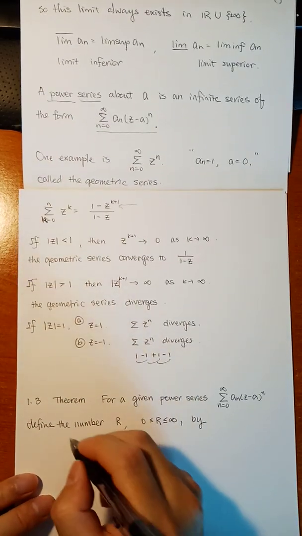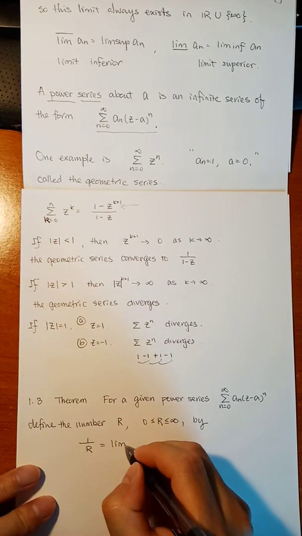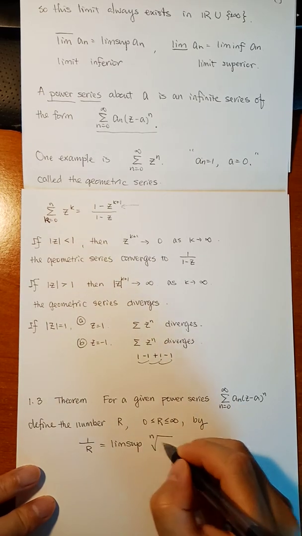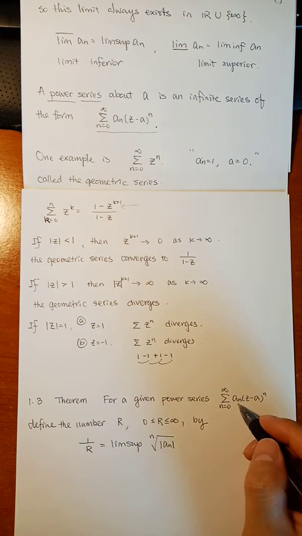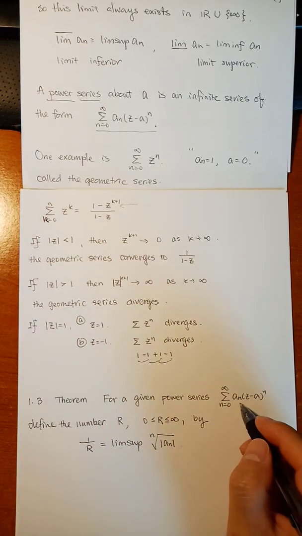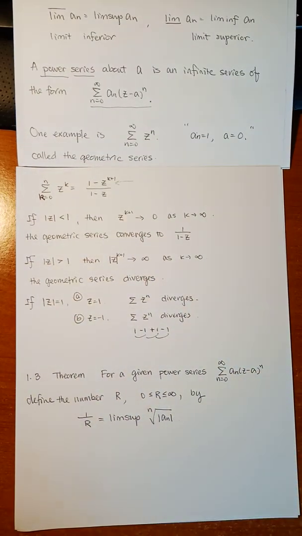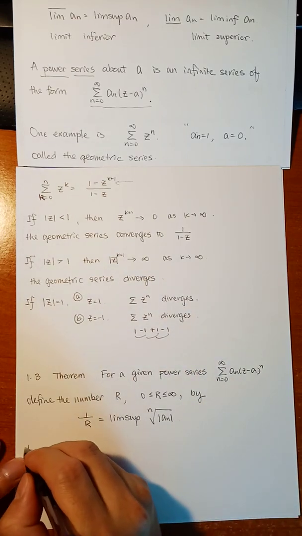By 1 over R is equal to the lim sup of the nth root of the absolute value of a_n. Be careful, this a_n is a complex number. It's not just a real number. It can be whatever complex number, okay? So absolute value means modulus of a complex number. So you get the absolute value of a_n and then take the nth root and compute the lim sup. Then we have